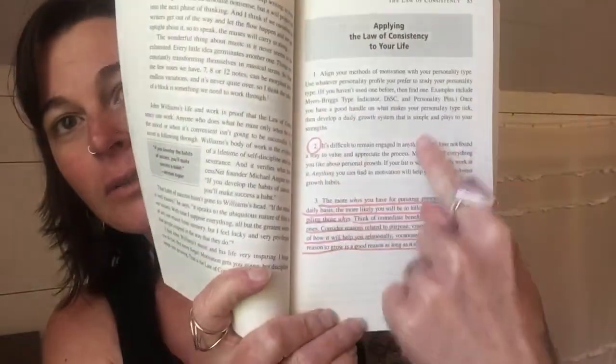And you guys know how crazy I am about journaling prompts. It ends a chapter with questions to ponder and journal through. This was amazing. So if you guys are looking for something to read, highly recommend it. And it's a great time, as we're getting ready to end spring season at the end of May and start summer. It's a great time to start reading and doing a little personal development before we hit the